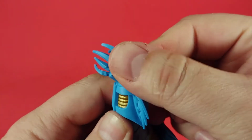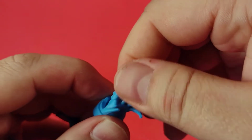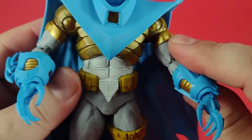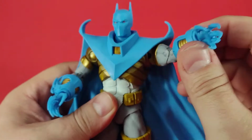Okay, so while I said before I really like these gauntlets, and I do, I like the look of them, I like the design of them, I like the mold of them. However, these are very soft rubber fingers right here. So they're not going to break. They'll bend, they won't break. But the problem is that because of the design of them, because of the shape of them, and how they're sort of open like this for claw strikes,